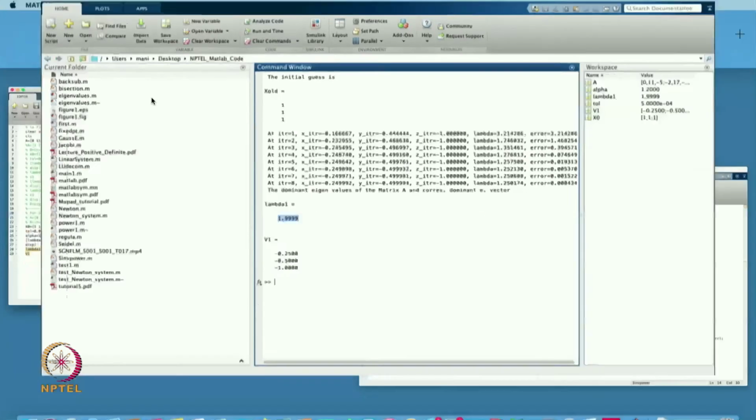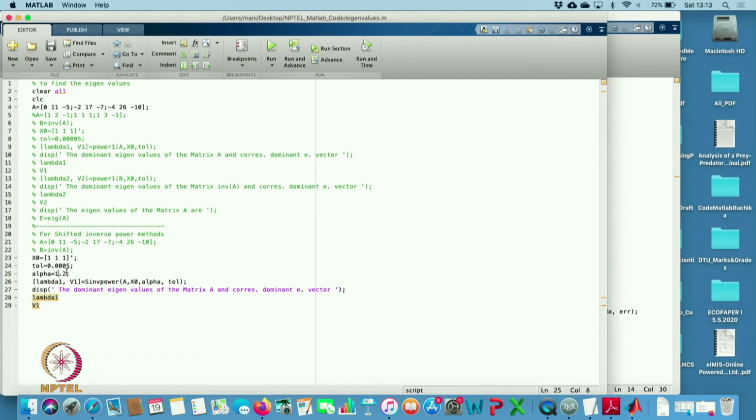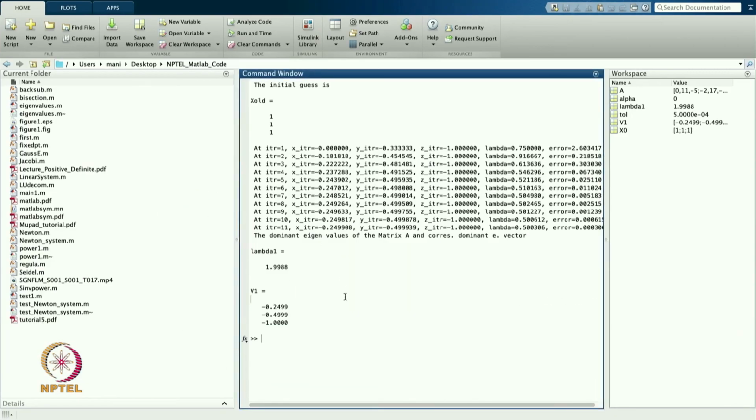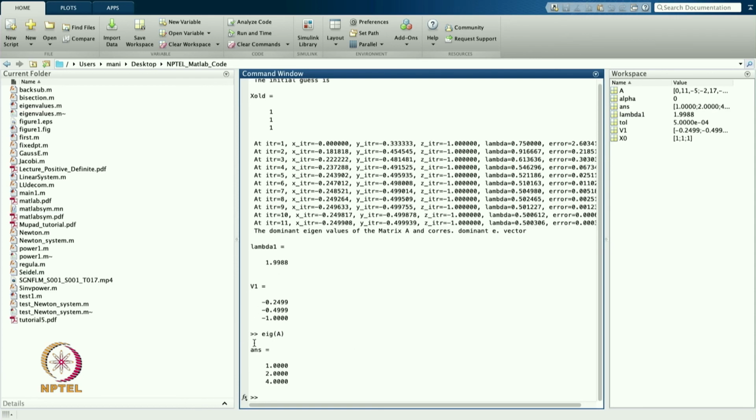Now if I choose alpha equal to 0, then it is just the power method. So from here you can see that it is the inverse power method, and the solution is coming 2, so from here I am able to find the value, that is this 2.